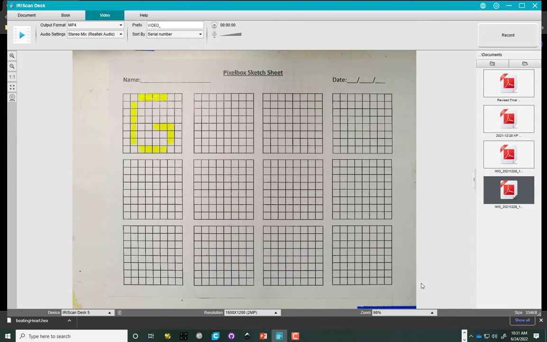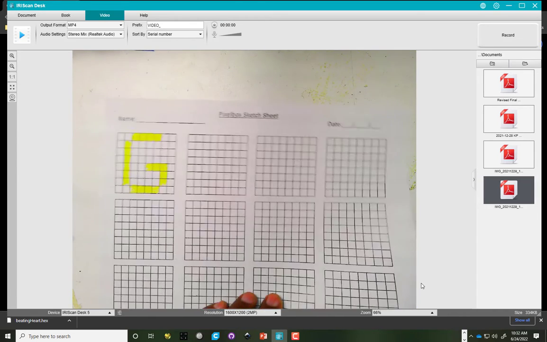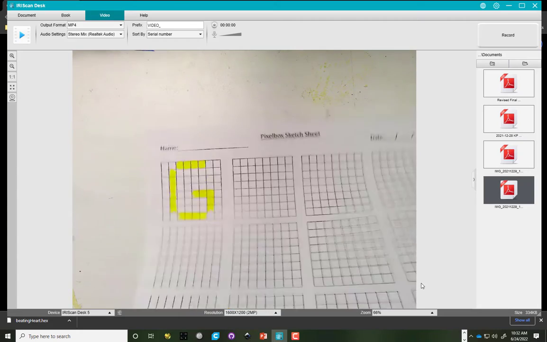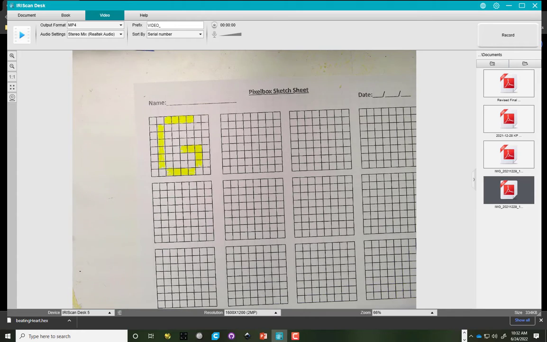I'm going to show you 3 different ways that you'll have available for the students to do their design work. Because after you take them through the basics, they're going to want to do some freelance stuff. And I think giving them tools to design with would be advantageous. So here I started off with what I call the PixelBox sketch sheet. I'm going to give you the link to